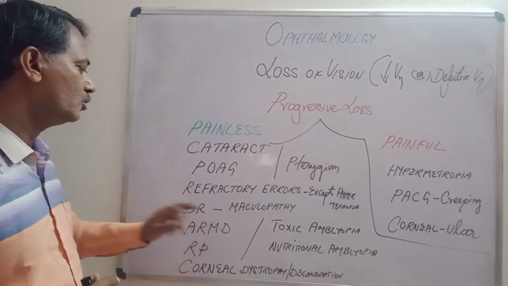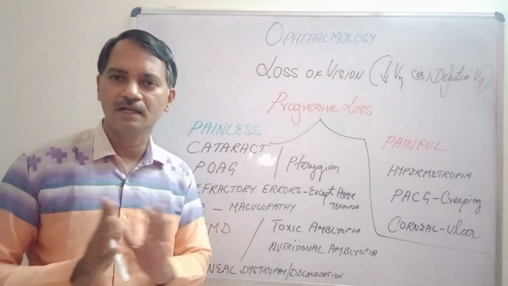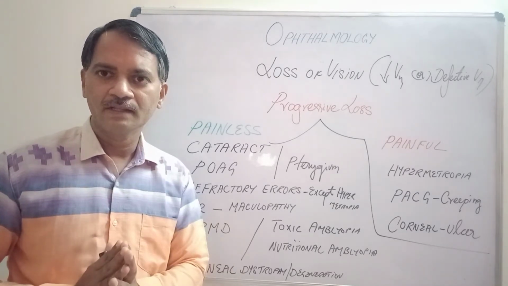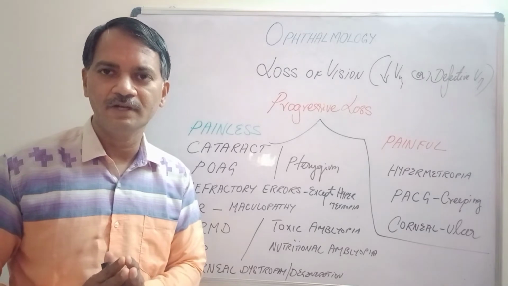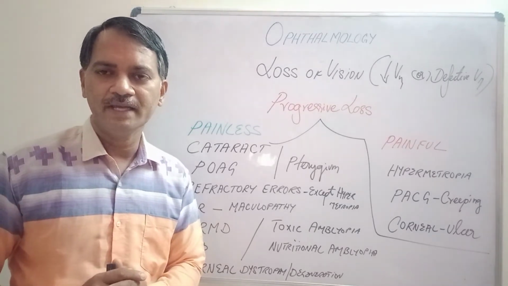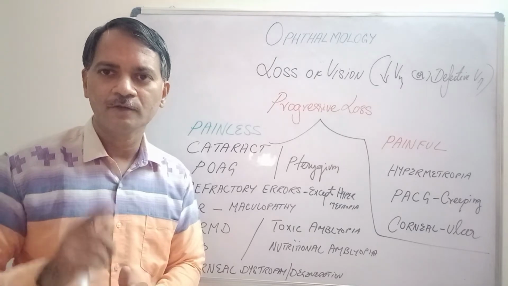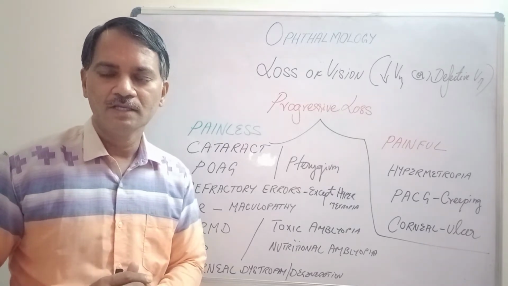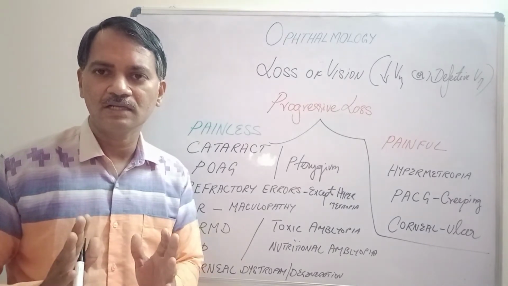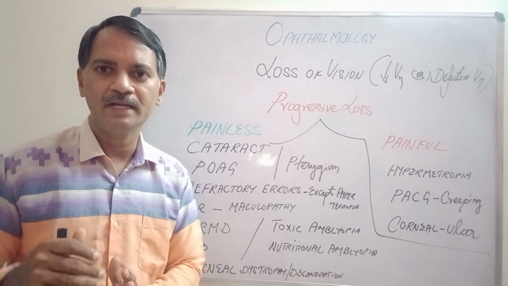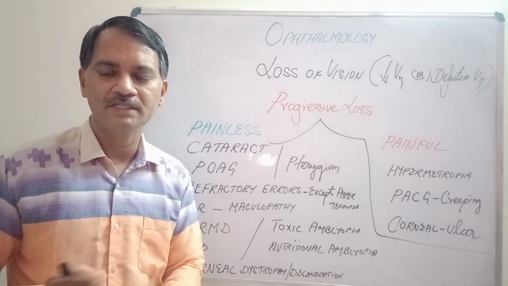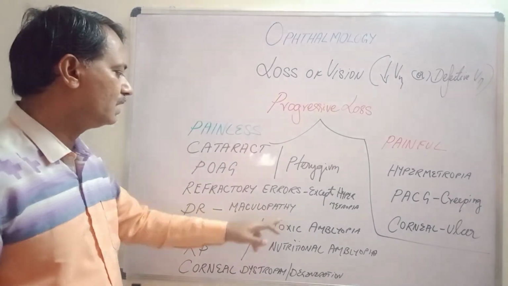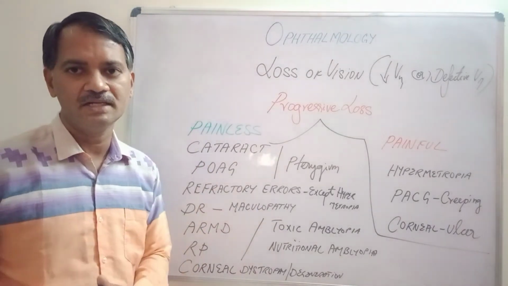Next is diabetic retinopathy. Diabetic retinopathy is very common in the community now. Even if the patient has the blood sugar under control, the number of years of being a diabetic itself will lead to diabetic retinopathy. So any person who has diabetes should be screened yearly to look for any development of diabetic retinopathy. Initially diabetic retinopathy will not affect the vision to a great degree, but when it goes to an extreme, the vision will drop suddenly. When diabetic retinopathy involves the macula to start with, the vision will reduce initially itself.